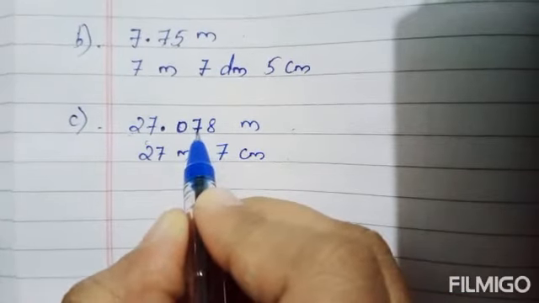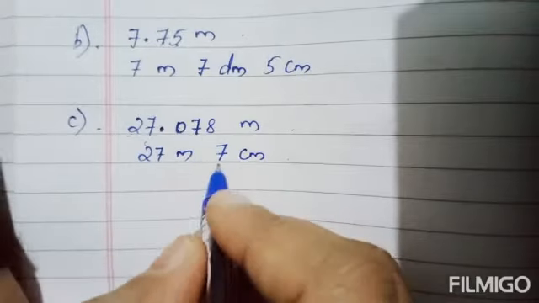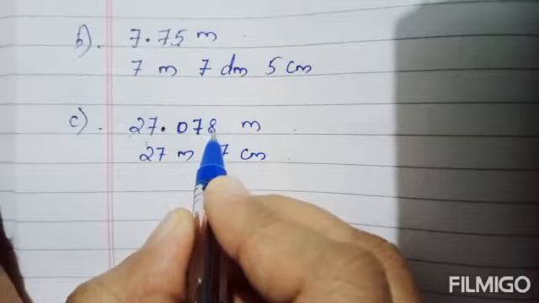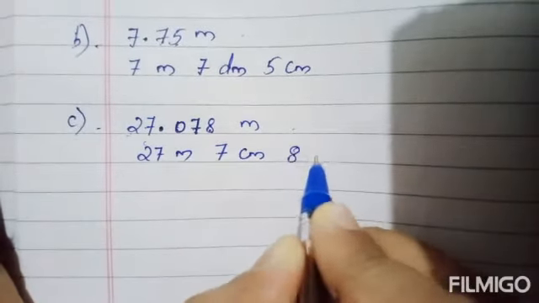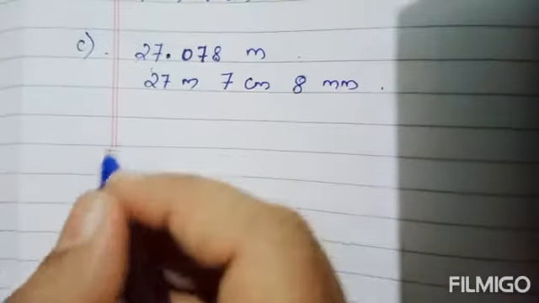Okay, 7 is in the 100th place, and the 100th place is centimeter, so 7 centimeter. Now in the 1000th place 8 is coming, so it is 8 millimeter. Okay, next E,